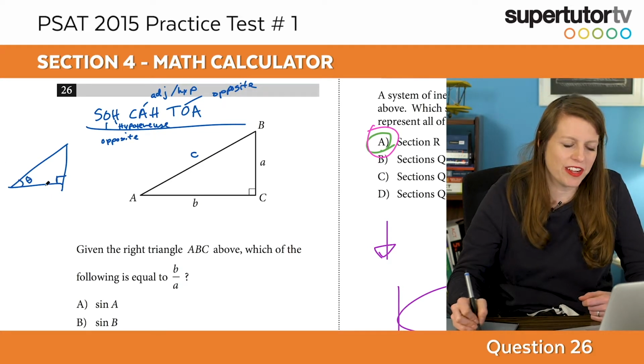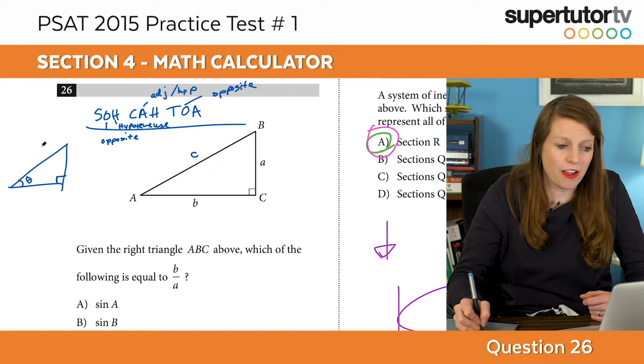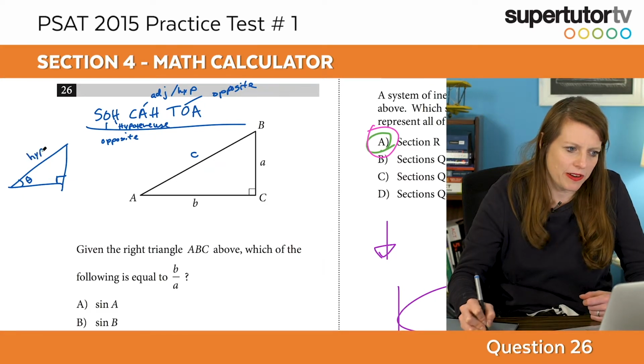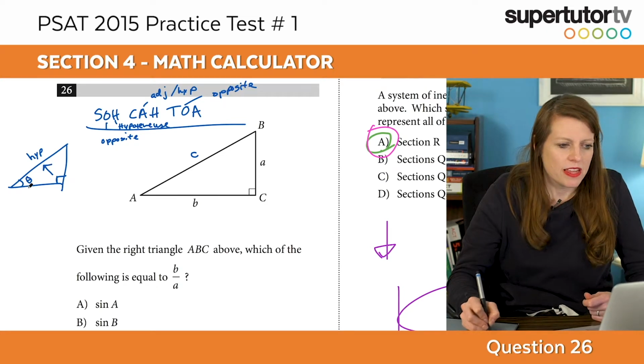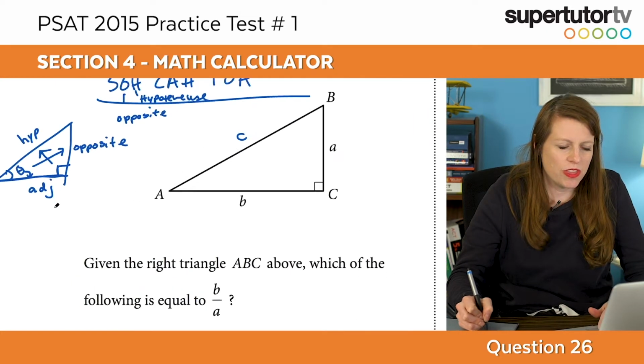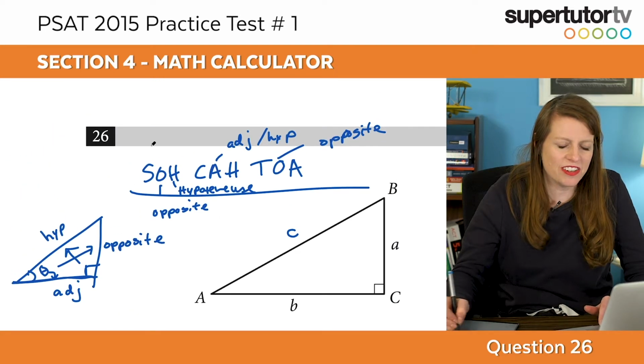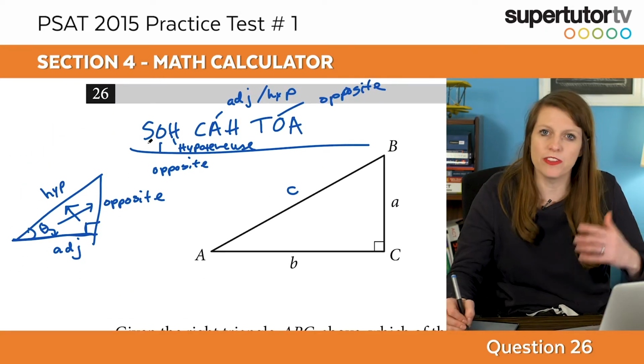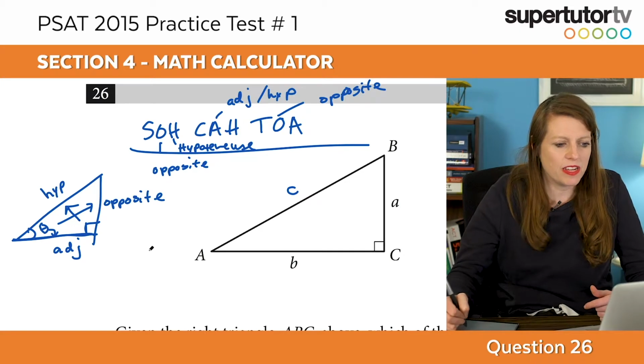Well, when you have a right triangle, we can classify all of the sides in the following manner. The longest side is always the hypotenuse. It's always opposite 90 degrees. The opposite side versus an angle is always the one that's directly across from that angle. So this would be the opposite in this case here. And then the adjacent is the one that's sort of next door to the angle. So that's this side right here. So then sine, cosine, and tangent are all trigonometric values that follow the SOHCAHTOA pattern that we can use to